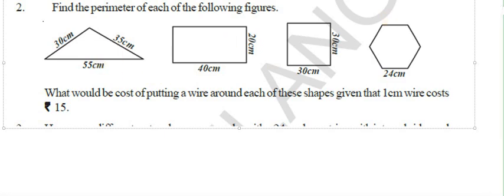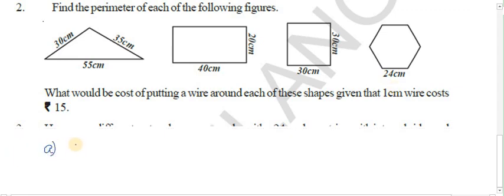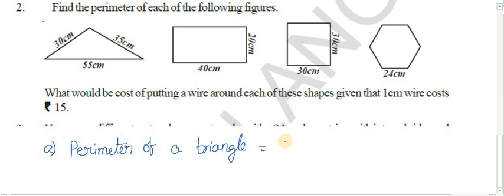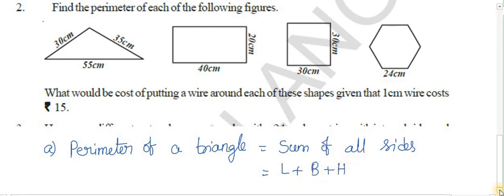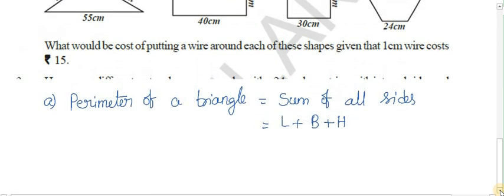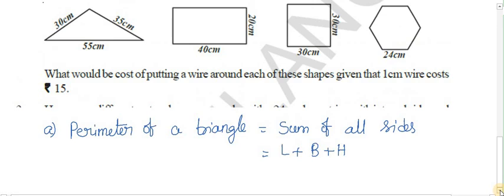Now coming to the class. Find the perimeter of each of the following figures, and here they gave us a triangle. First we are going to find the triangle. He doesn't give any alphabets to us, so we'll go for direct addition. Perimeter of a triangle is equal to, we all know that perimeter is nothing but the sum of all sides. That's what we did in the previous cases. Here, for the 3 sides of a triangle, I'll consider length plus breadth plus height. Why did I keep plus? Because it is nothing but addition, and for addition we keep plus.